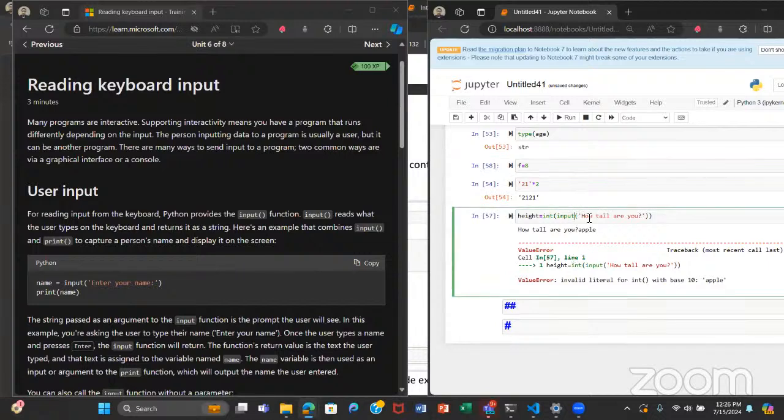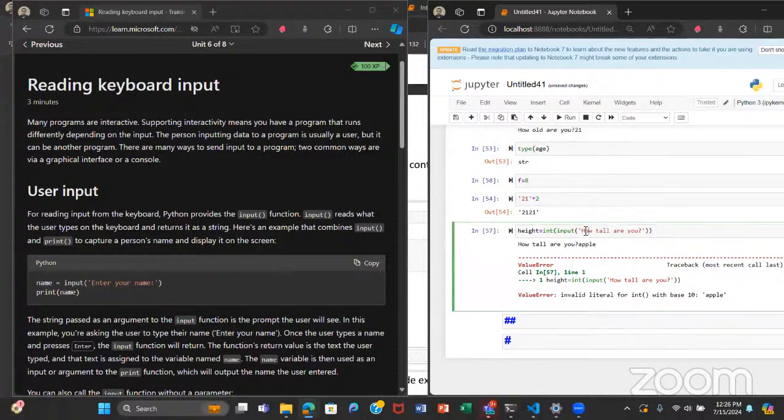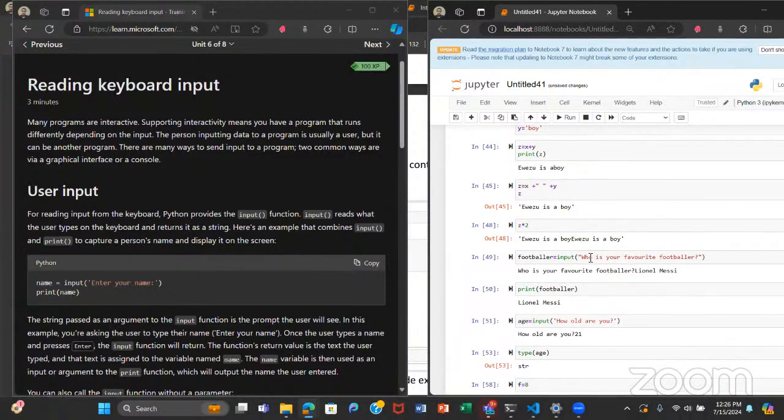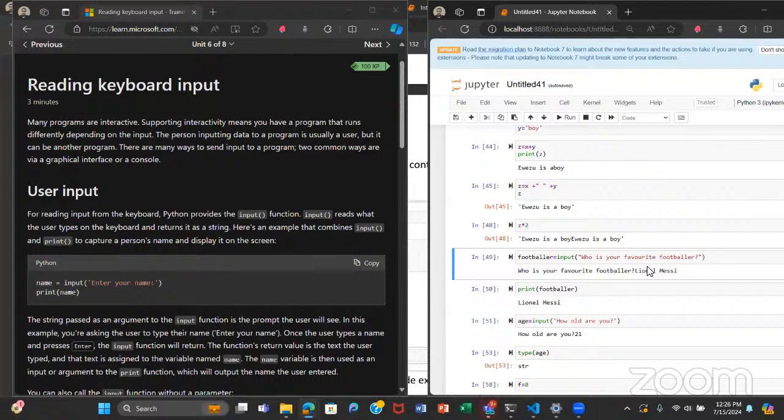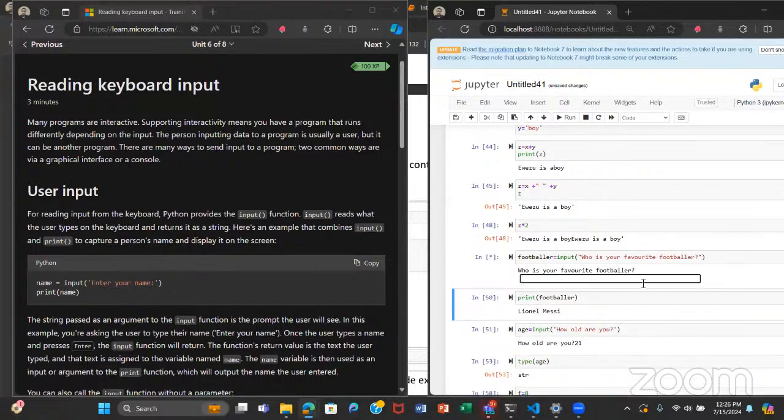How? What the input function does is you just write something to give the user an idea of what you want from them. Here's the example of a favourite footballer. When you run it, it gives you a slot.